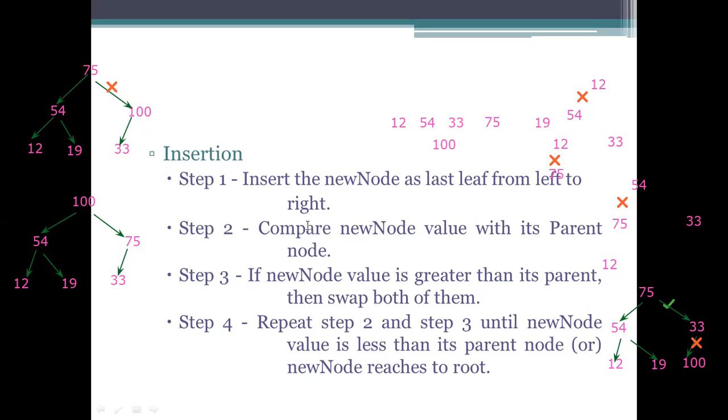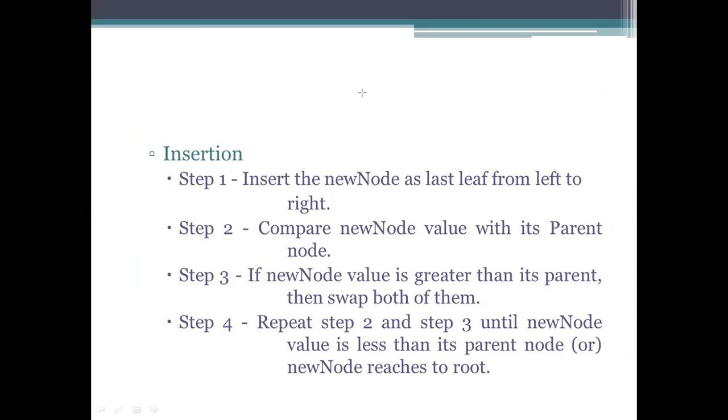So here we are performing the insertion of a node. How am I going to insert? We need to insert as the last leaf. Last leaf means there is no particular representation here. We need to insert at the last position, moving in the direction from left to right. If you want to insert another element here, then it will be inserted here. After that, if you want to insert, it will start from the 12th value. So this is one example, and in the next slide, we have a clear representation of an example.